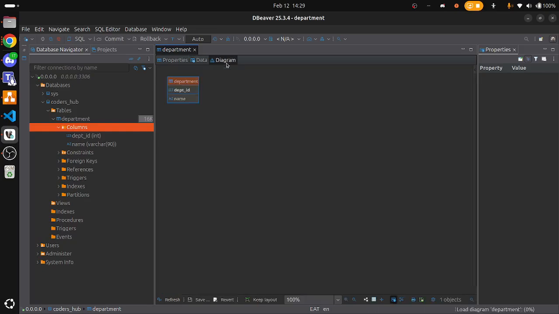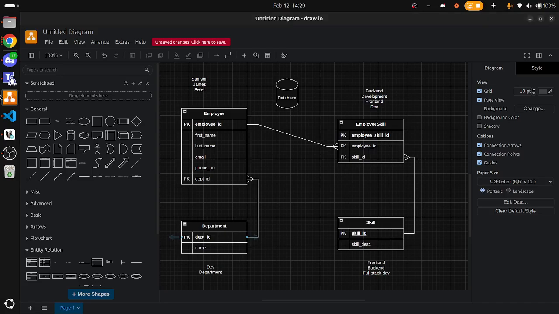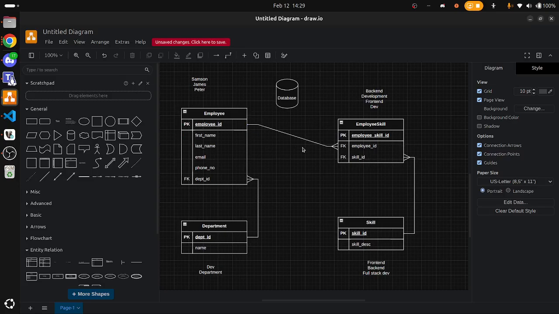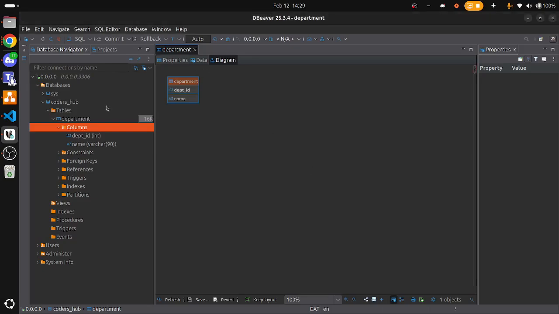And if you go to the diagram, as your tables grow, the diagram is also going to expand and expand. So it's actually going to look like what we have here. So let's create more tables so that we can have a look at how our diagram is going to look when you create relationships with the foreign keys. This will be done automatically. You do not have to connect these manually like what we did. So if I go back